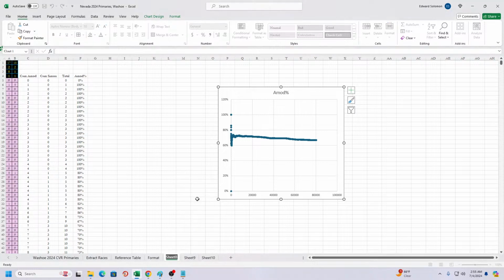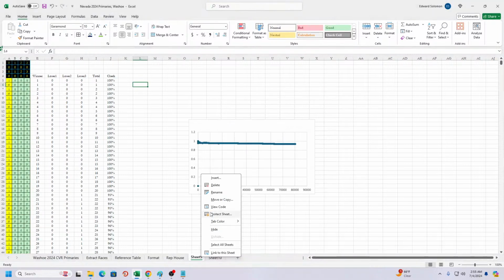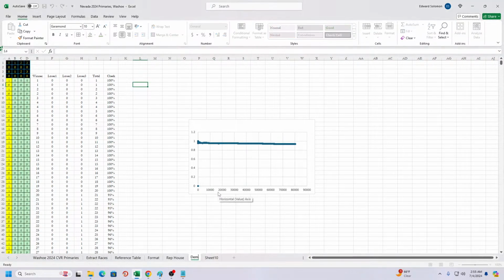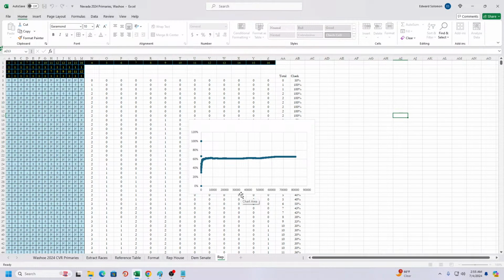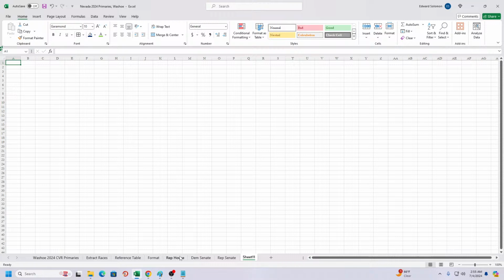So this is Republican House, Dem Senate. Okay, this is Republican Senate. I'm just looking at the cumulative percentage of the winner. It's pretty much a flat line over time. Now what I want to see is what happens with some of these weirder races, because these aren't the ones that